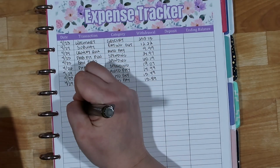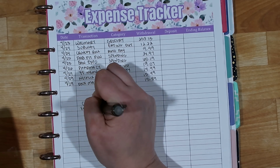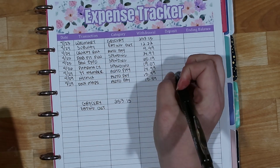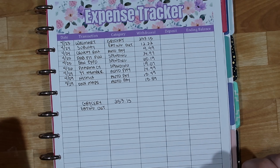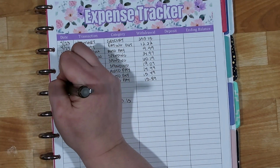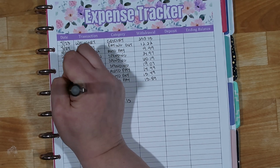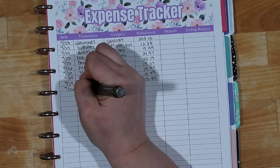Eating out, we also only had one transaction, so that makes this pretty easy. It was, oh, you know what? I'm lying. I skipped something. We went to Taco Bell. Yep, I definitely missed that. Oops. So this will be out of order. Always seems like I have something out of order, but I'm glad I caught it before I got too far